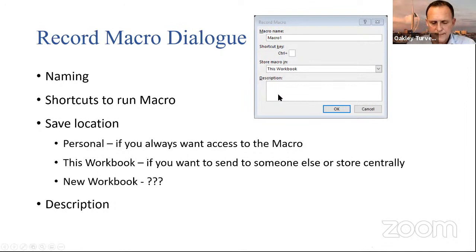Now, having said all of that, there's another type of macro that I record if I'm just wanting to see what the code looks like for doing a specific thing. And I refer to them as scrap macros. The way I know what's a scrap macro is I don't actually give it a name. So when I'm looking back at the code later on, anything that's called macro something is a scrap macro and I can throw it away.